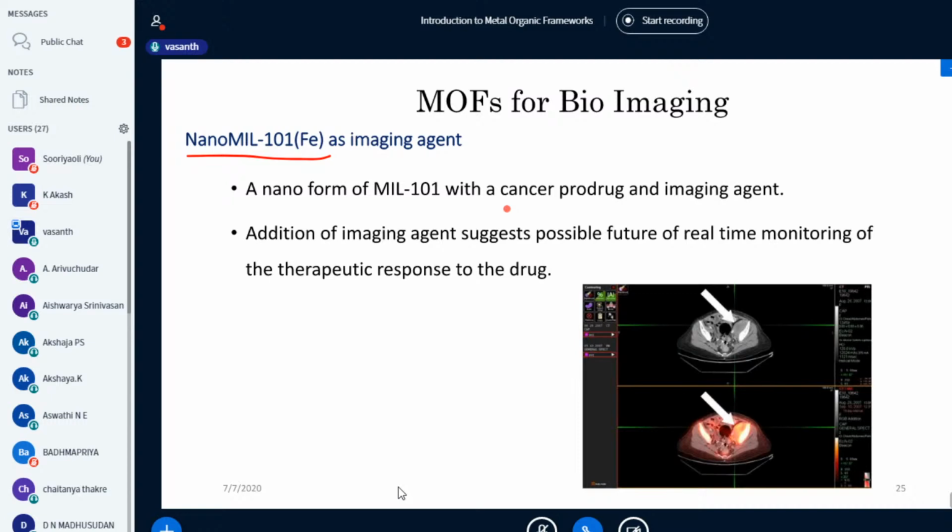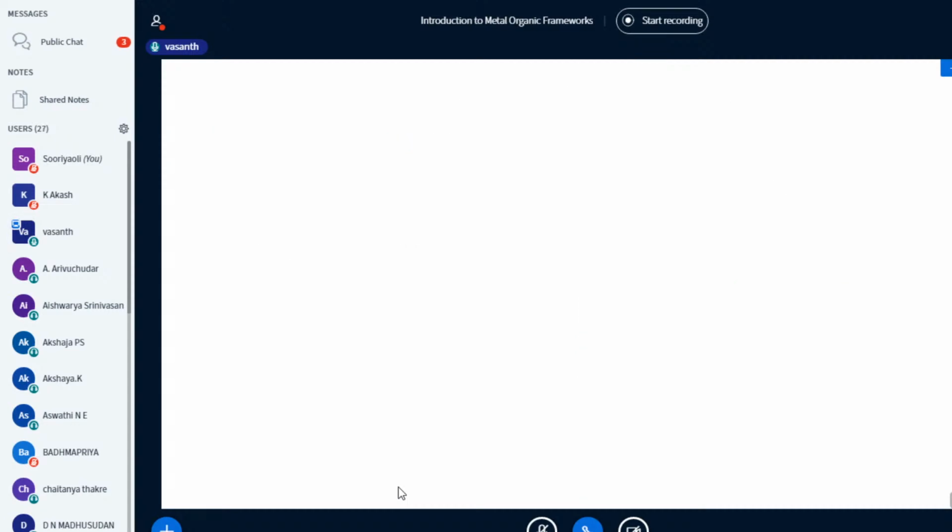Suppose I have a particular type of cancer and I administer the drug, and the drug is spread throughout the body, but it should not affect the whole body. So we can monitor the movement of drugs with the help of metal organic frameworks. With this, images can be obtained, like fluorescence imaging or MRI imaging, and then we can find where exactly the drugs are. In other words, if we locate where the metal organic frameworks are, we can locate where the drugs are. The drugs are loaded onto the metal organic framework so that in future we can follow where it is moving.